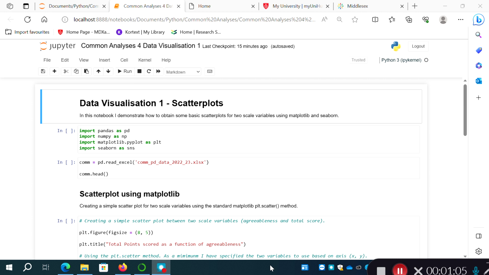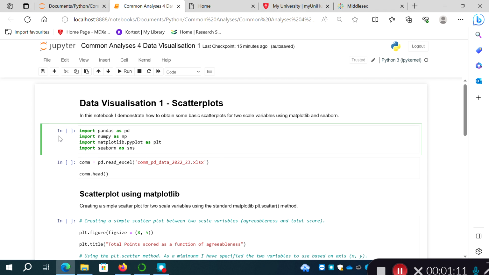As usual, I'm working in Jupyter notebooks. To start with, in this first cell I'm going to import the software libraries that may be useful. I'm going to import pandas as pd, NumPy as np. I'm going to import some data sets, so it would be useful to have them available in case we need them. And then I'm going to import